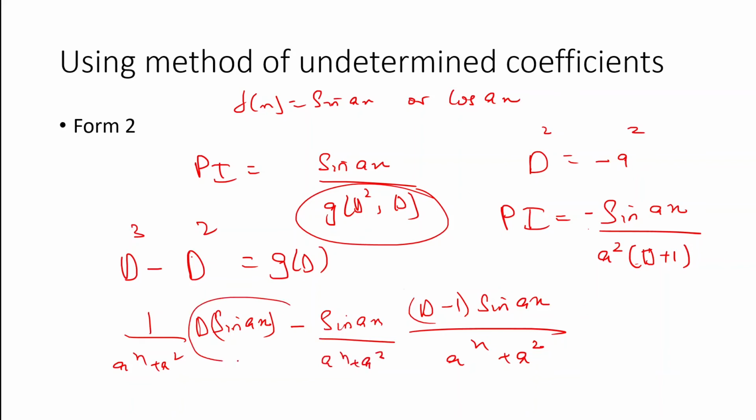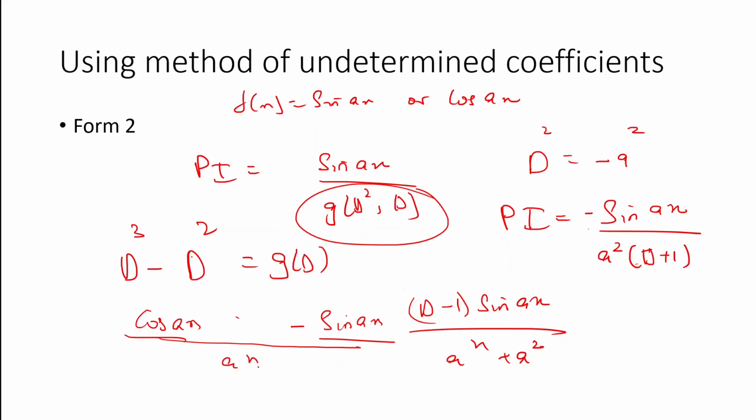What is d sine ax? The derivative of sine ax, which is a cos ax. Cut that, this becomes a cube plus a, this cancels, a cube cos ax by a cube plus a, minus sin ax by a to the power 4 plus a square is the final answer. If you want to make it the same numerator, you can do that also. Just multiply this by a. So this is our final result.